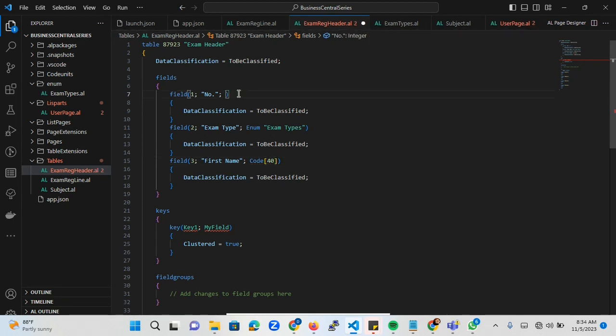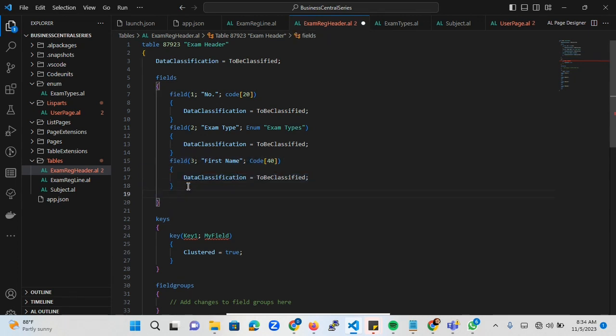So we change the document number to code, which is what we use in the line. So we say document number is 20, I believe. Okay, so we have the first name, we should have the last name,